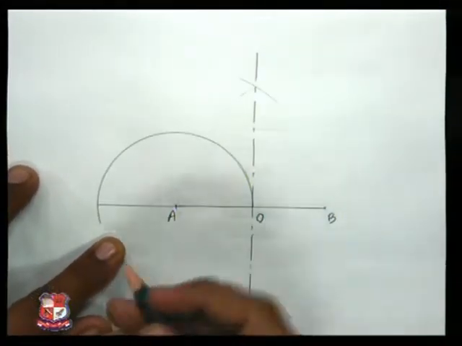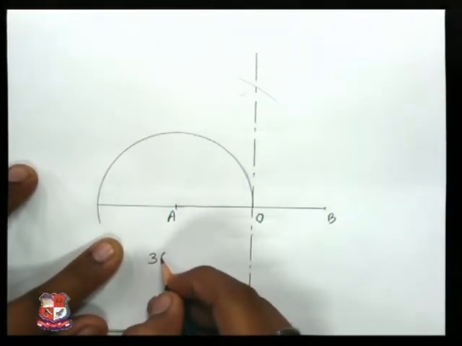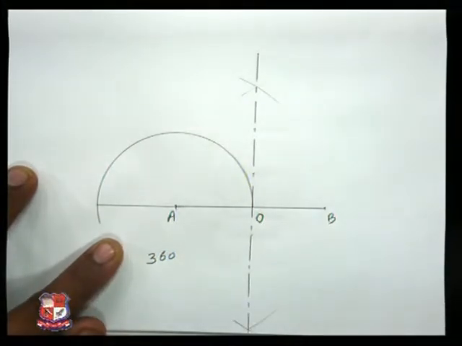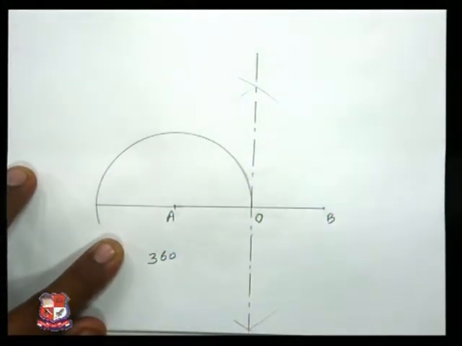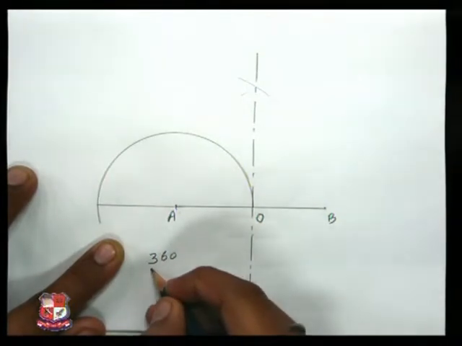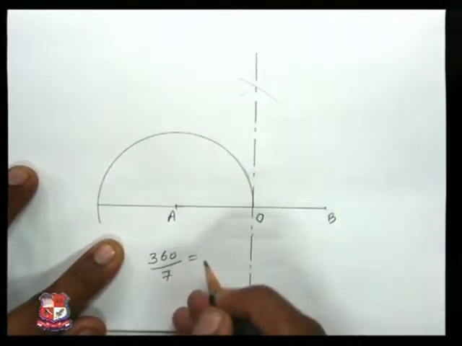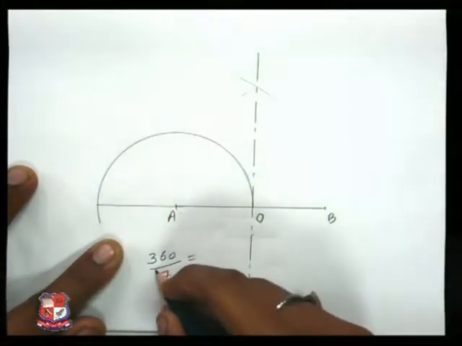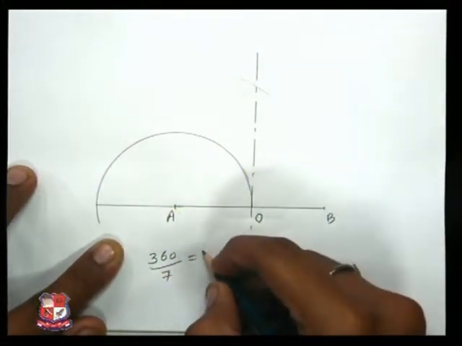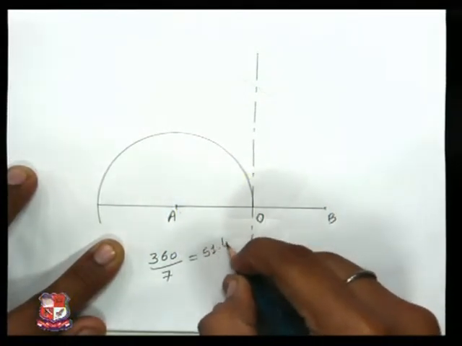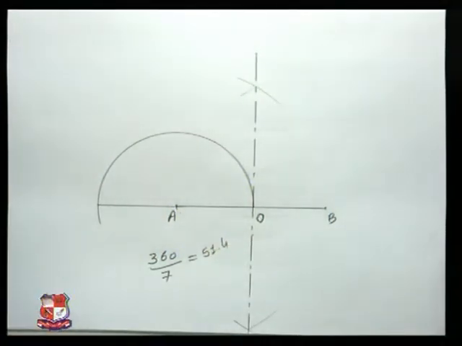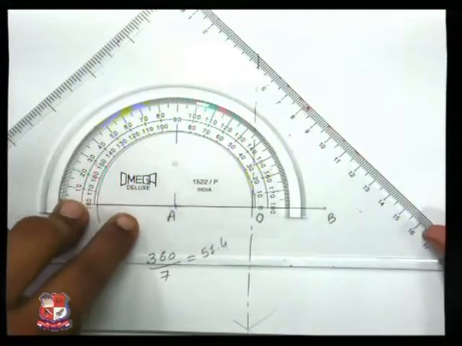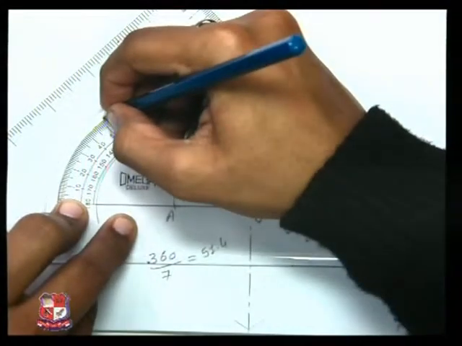So if we see that, as we earlier discussed, all the polygons are inscribed in the circle, which means that we need to divide this 360-degree angle in some specification. So if we divide this 360 by 7, we will get something around 51.4. So we will draw an angle of 51.4 over here,